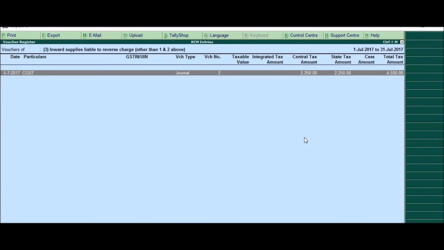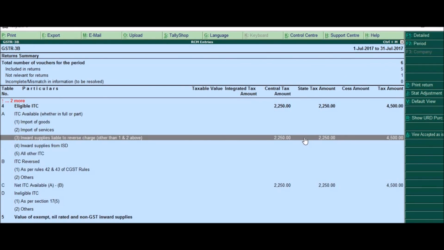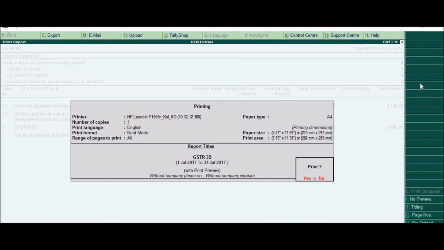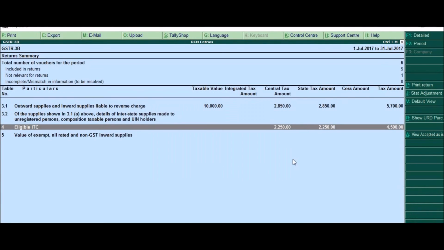Okay. So once we press Alt F1 to see it in the easy format, this is how you can maintain your data. And if you see the GSTR 3B form, simply they will ask for such data. You can simply come and click on print return, press enter. Keep learning, and let me know in the comments if you want to understand something specifically.